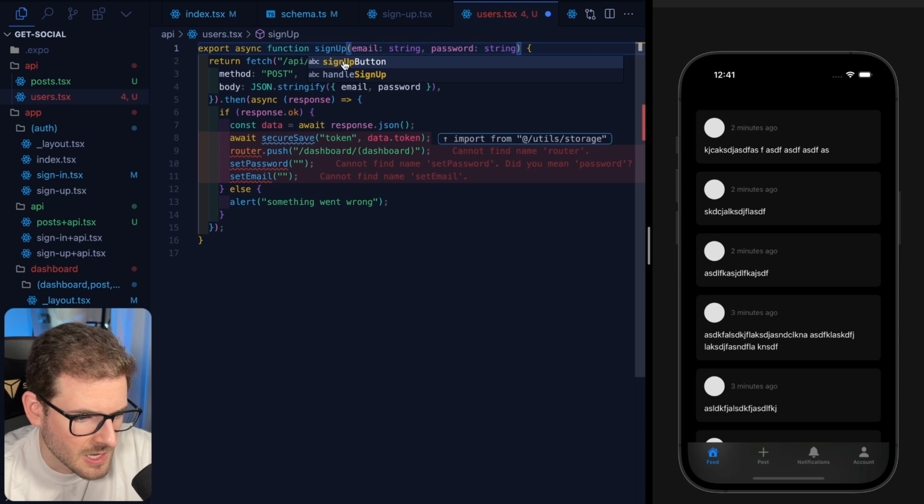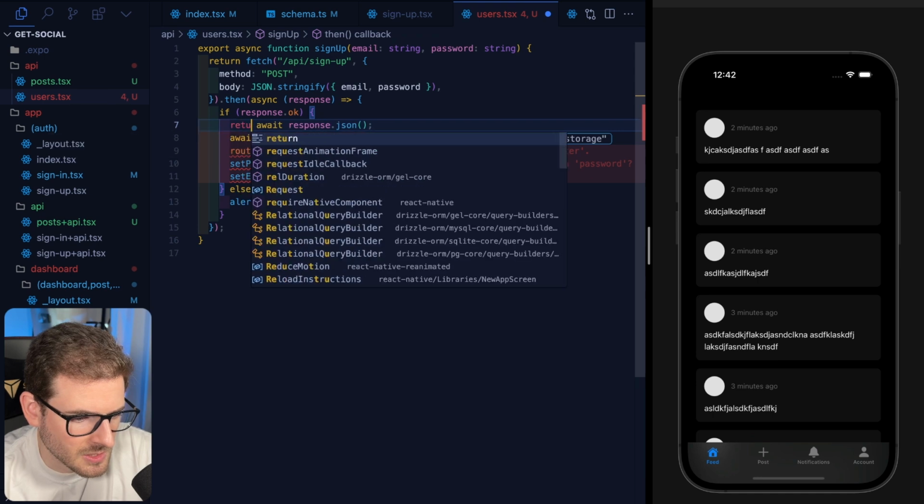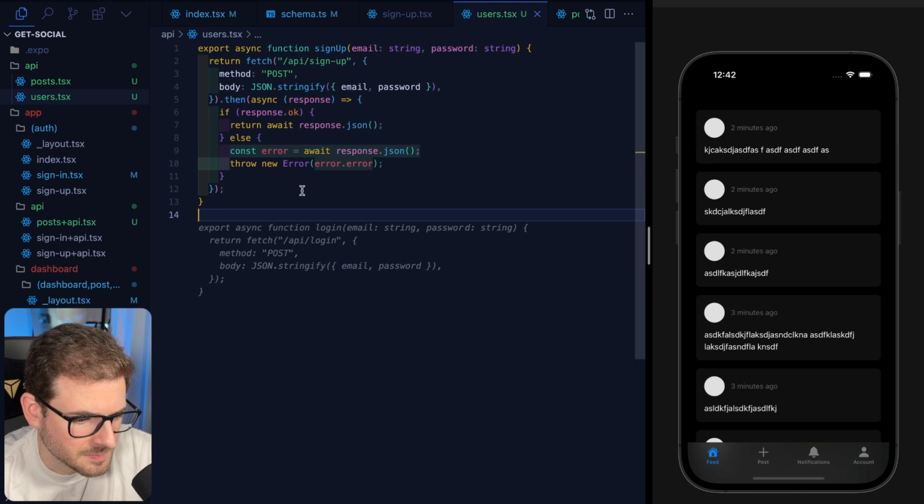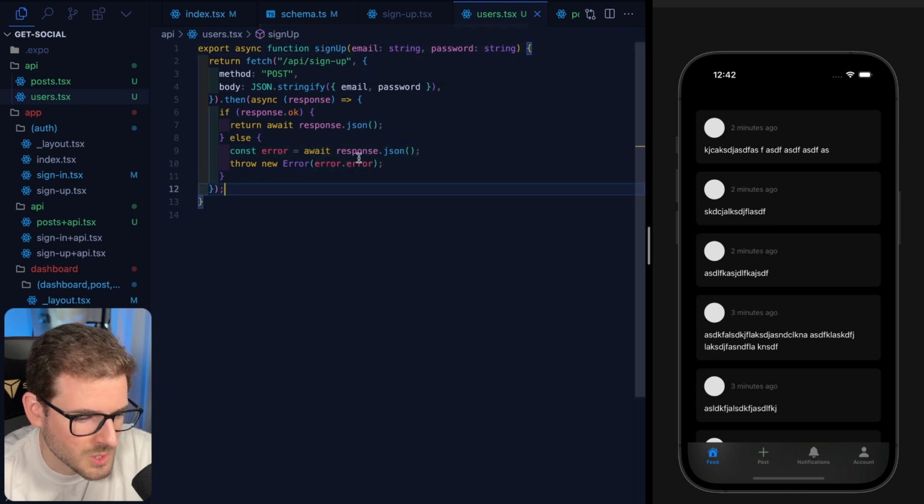Actually, I'm going to call it sign up instead of create user. And then some of the stuff we don't need to do in this file, we can basically just return the JSON if it comes back. Otherwise, we're going to return an error like this. We should probably come back and do the same thing with login, but let's go back to the sign up